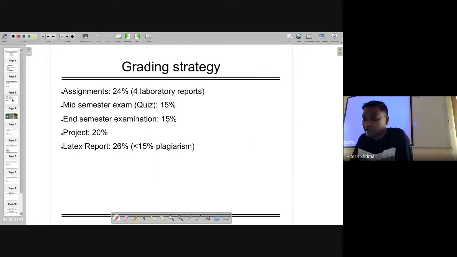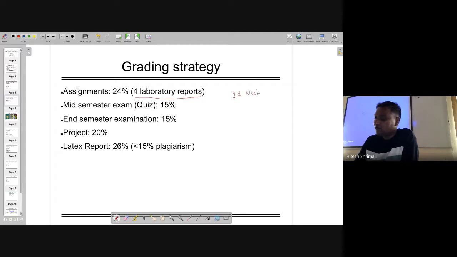So now this is the grading strategy. We are going to have 4 laboratory reports. As the semester progresses, you will understand that effectively you are going to have 14 weeks.